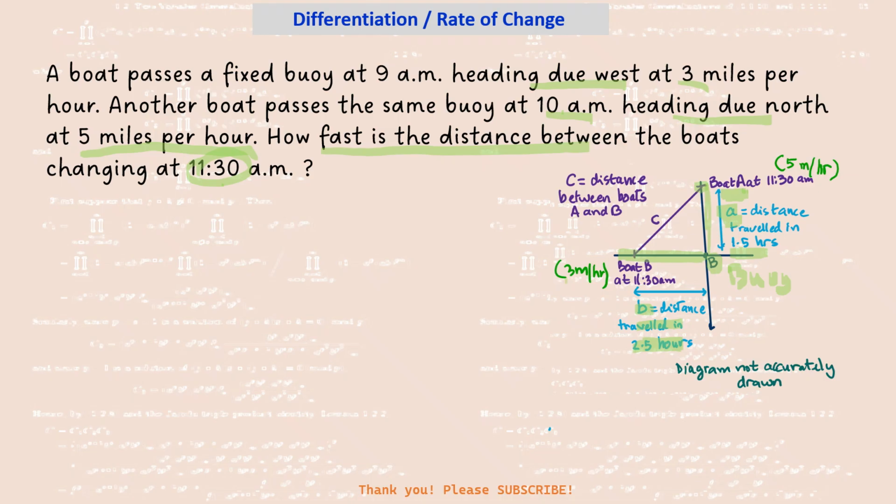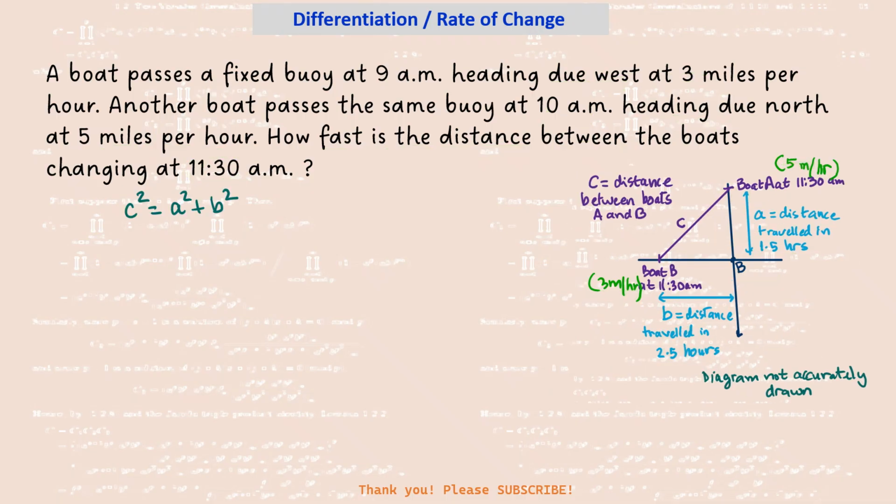And the speed is 3 miles per hour for boat B, traveling due west, and for boat A it's 5 miles per hour. The north line is going north and west, so this angle is 90 degrees. So we can write c squared, if this was c, the hypotenuse, or the distance between the two boats as they are moving away. So c squared is equal to a squared plus b squared, applying Pythagoras theorem, and then